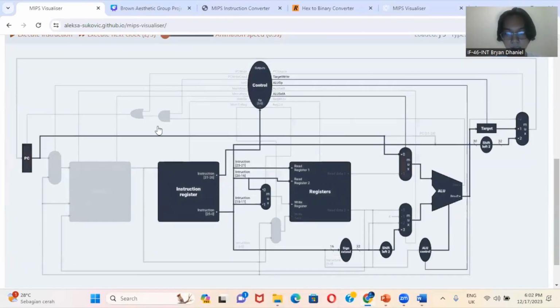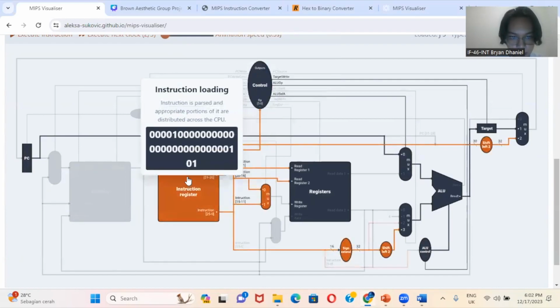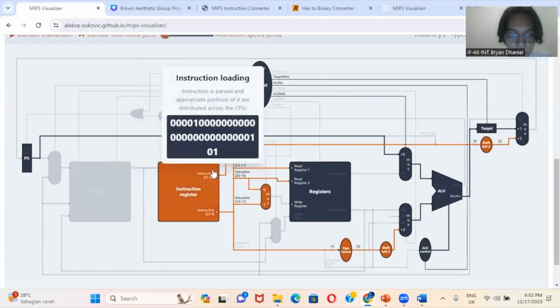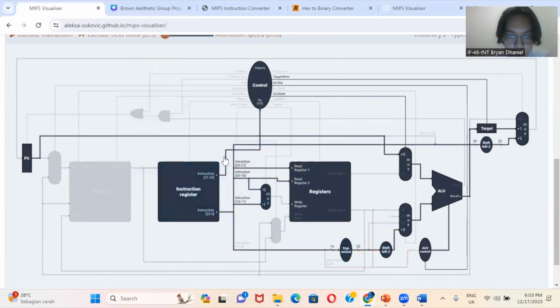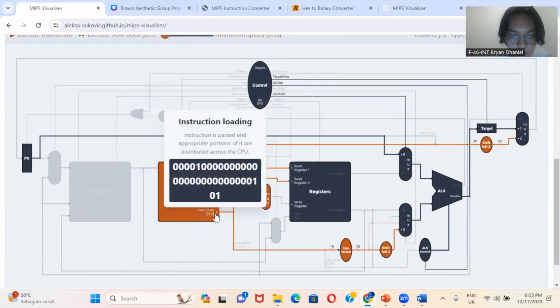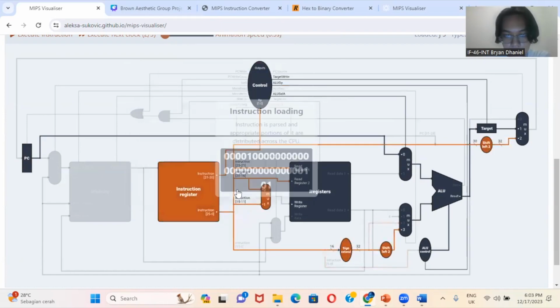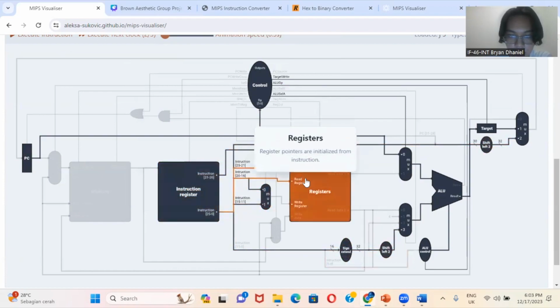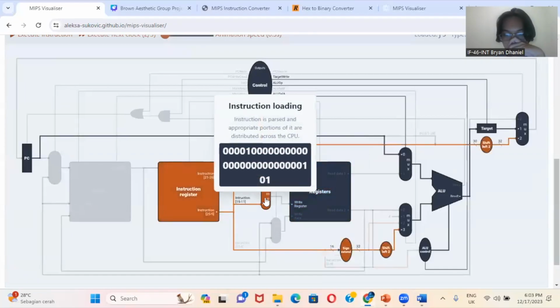So in the second clock, the control unit sends out control signals, and the instruction register will go to the register. The instruction bits 31 until 26 will go to the control unit, and 25 until 0 will go to this. So instruction 25 to 21 will go to read register 1, this will go to register 2, and this will go to the multiplexer.